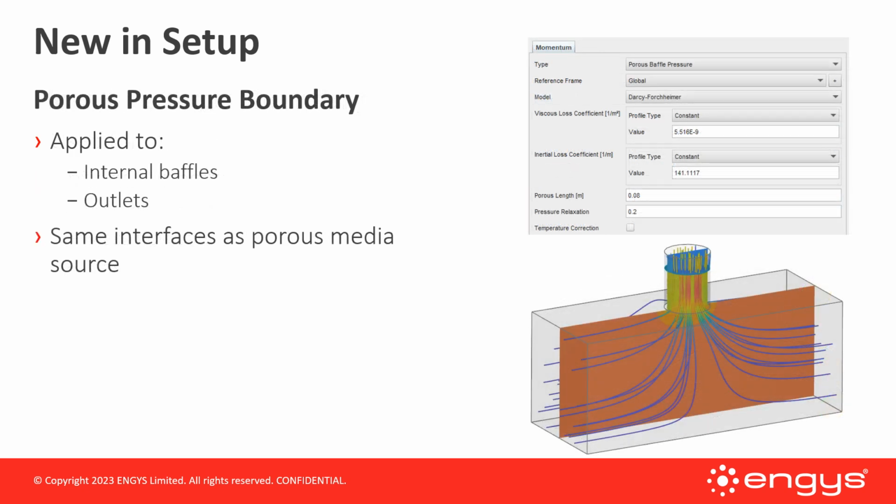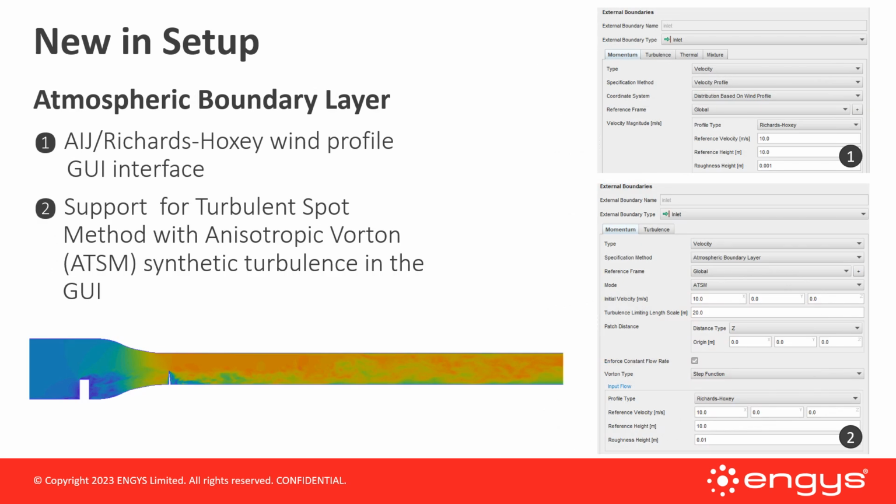A new porous pressure boundary condition has been added, which can be used for both inlet and outlet boundaries. The porous pressure condition calculates the pressure using the user-specified loss coefficients. The AIJ Richards Hoxie wind profile is a semi-empirical wind profile commonly used in the context of atmospheric boundary layer